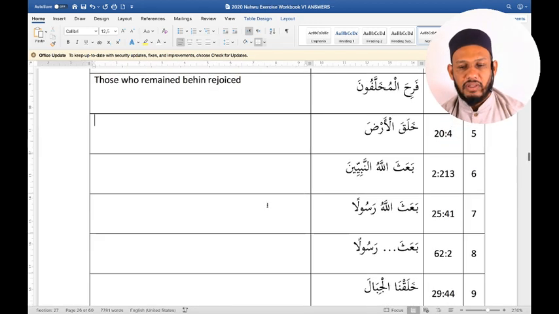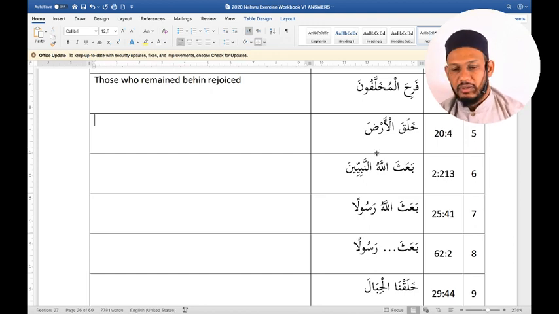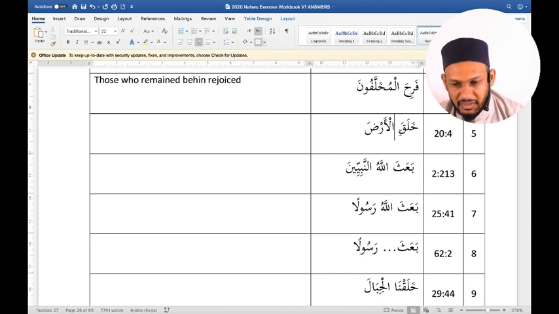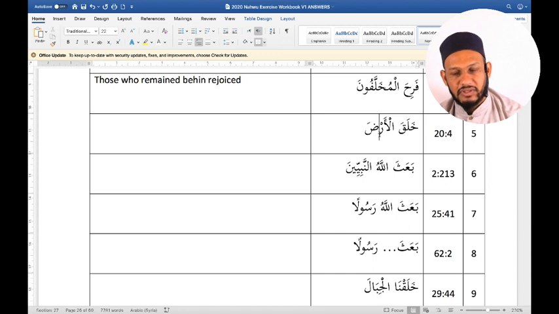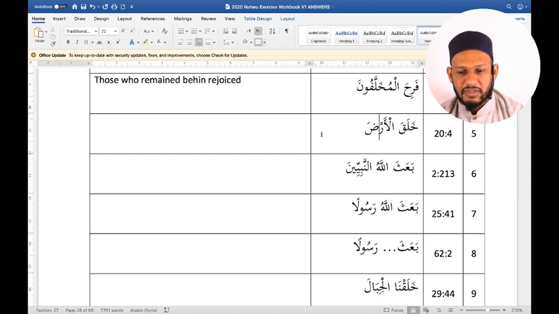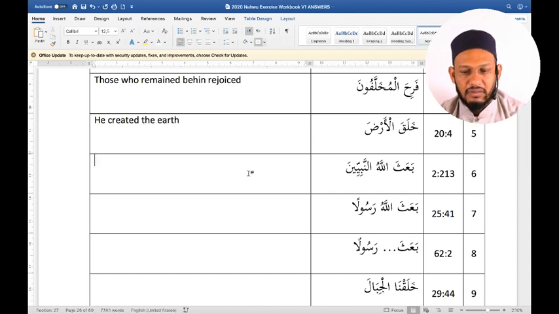Next one. خلق الأرض. خلق means created. And I look at the end of khalaqa, what do I see? I see nothing there at the end there. I look to the left, I see only al-arda. Al-arda is not in raf'un, so it can't be the fa'il. If it's not on the end, it's not on the left, it must be inside. So I go back to my solve scale. Khalaqa, khalaqu. Khalaqa means he created. So there's a he inside there. There's a huwa inside khalaqa. So it's he referring to Allah. He created the earth.